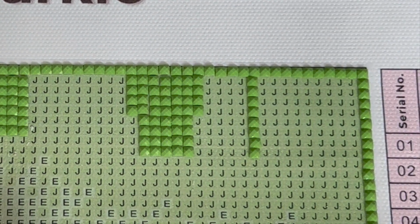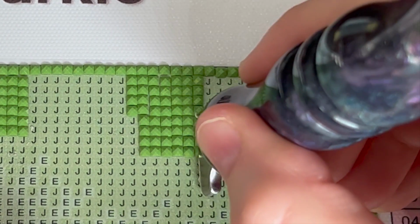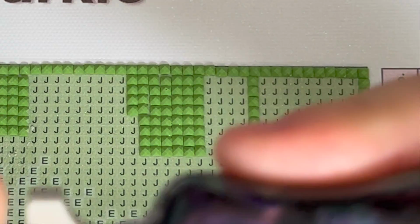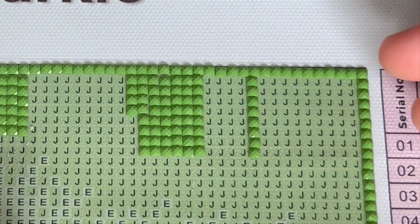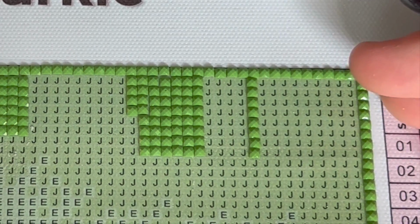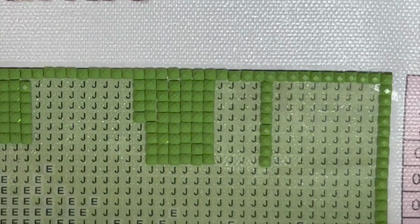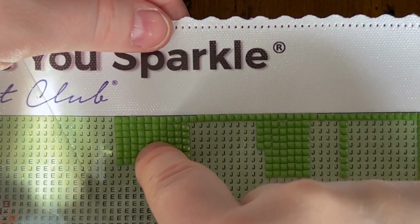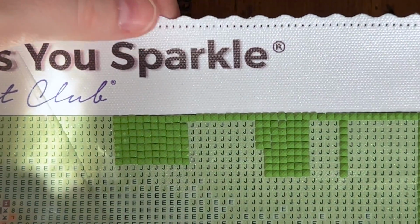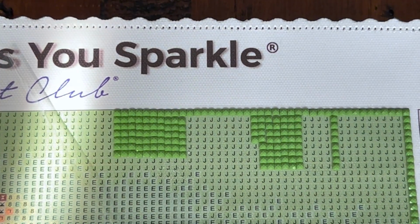Again, you're going to be looking at this from at least 3 feet back, if not more, in order to view the image at a proper distance. So when you're standing that far back, you're not going to notice all the little imperfections that you notice when you have your light pad on and your nose is to the canvas, right? Of course, you're going to see a few little tiny slivers of gapping there. That is nothing. A little tiny bit of space like that is actually really important because